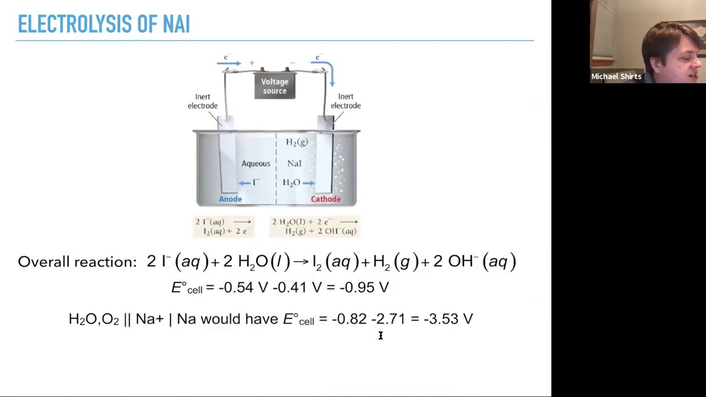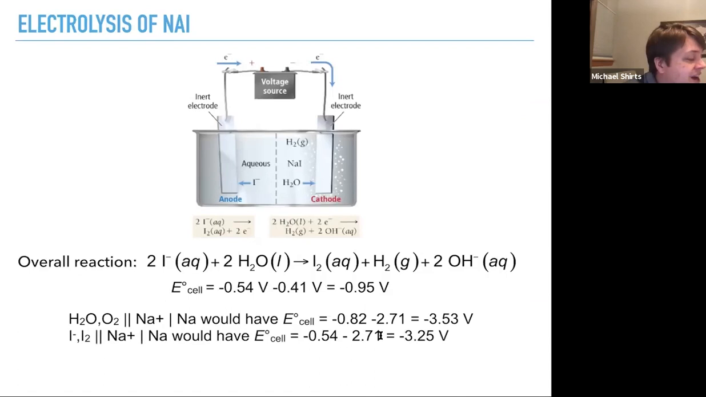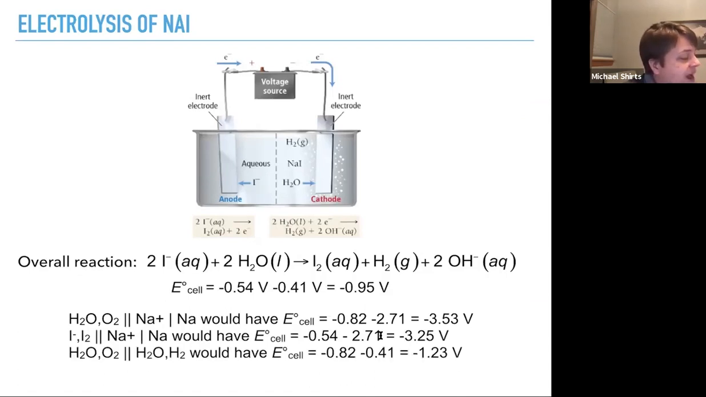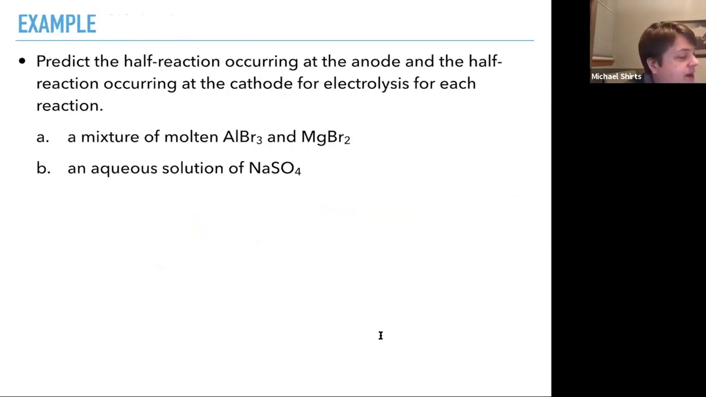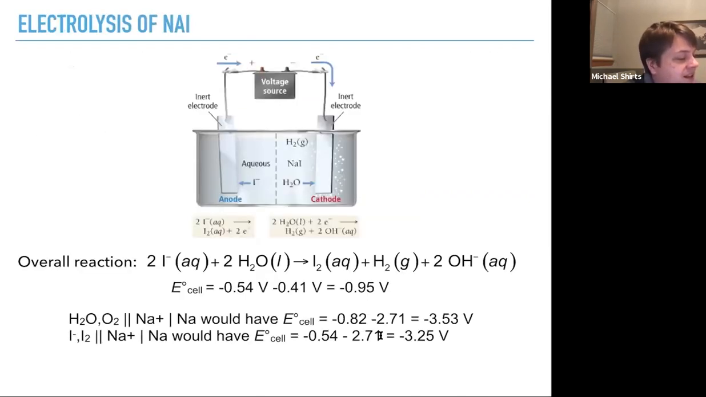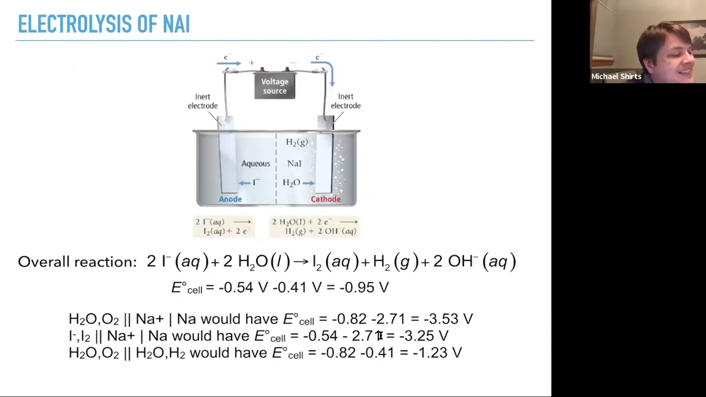If you had oxidation of water and reduction of sodium, that would require minus 3.53 volts. If you had oxidation of iodine, but then reduction of sodium, it would be minus 3.25 volts. If you had oxidation of water to produce oxygen, and then just reduction of water to produce H2, i.e. just electrolysis of water, you'd have minus 1.23. But that's not the one you'd get. It's the one that's most likely to happen. The one that's least unfavorable would be the first reaction,